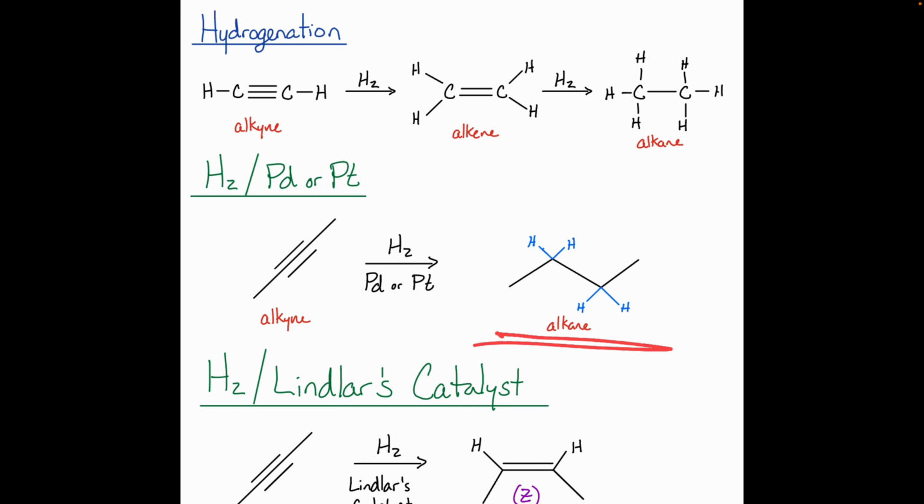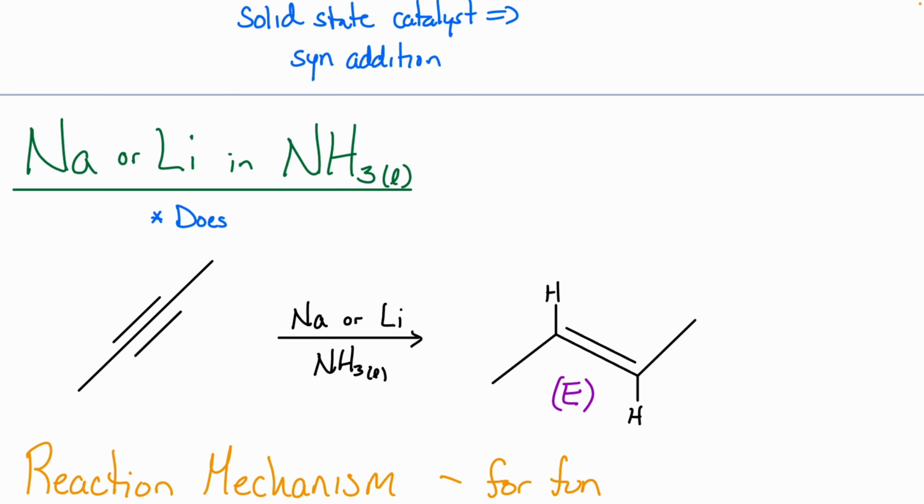There's one more thing that I forgot that we're going to need to add to our notes for this particular reduction method here, our sodium and lithium in ammonia method. All right. What we want to note here is that this produces this E stereoisomer, but importantly, it does not work for terminal alkynes rather. All right, a terminal alkyne